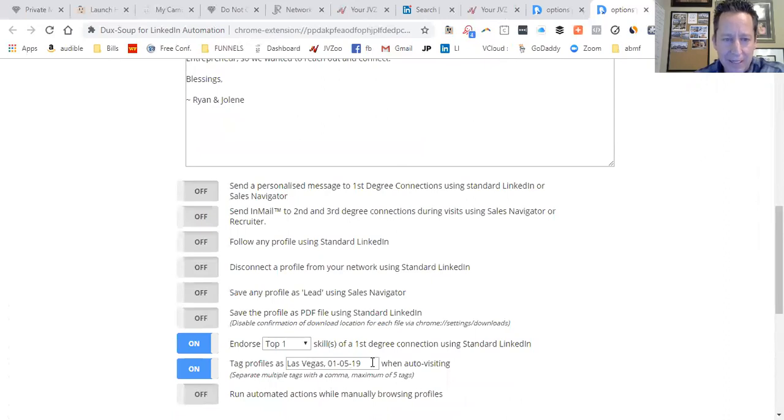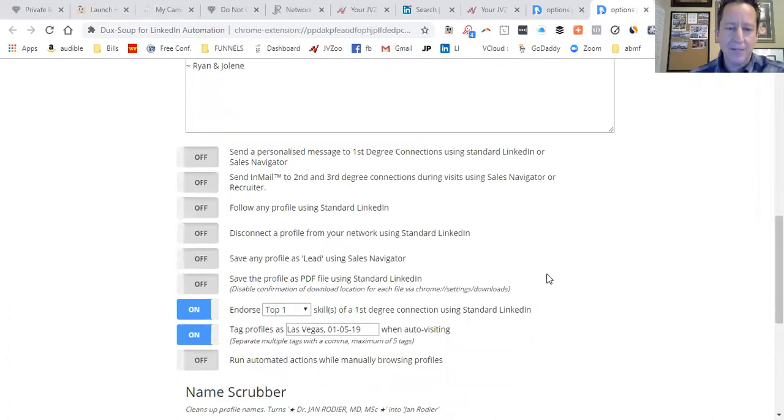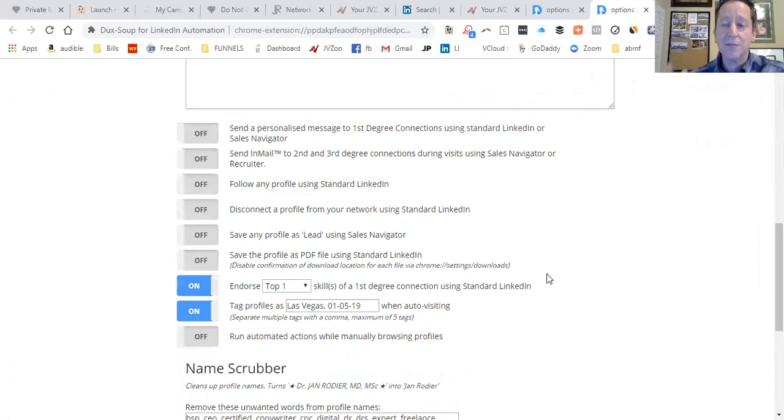because I want to be able to circle back to the date, and I can then basically tell Duck Soup to send a specific message to people that I actually connected with that have this tag. And so that'll allow me to automate my second message, which is my follow-up message, to this group of people as well. And so that's what the tags will do for you. Again, maybe that'll be another training at another time. And some of this will be included in the training video directly from Duck Soup that, again, you'll find further down on this same page.